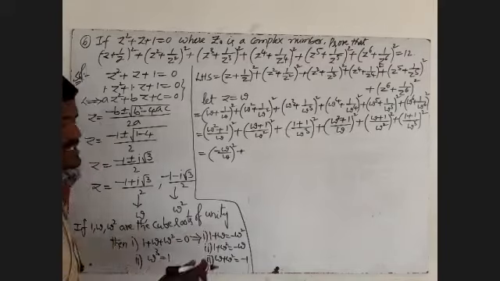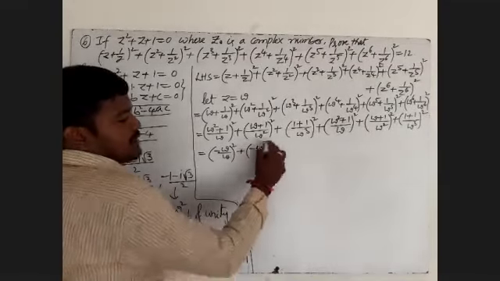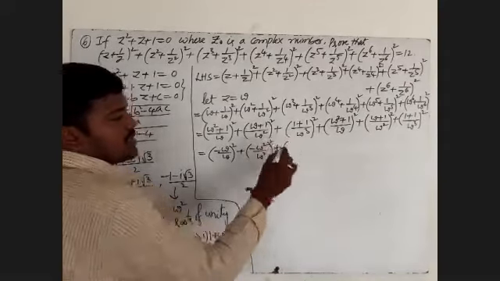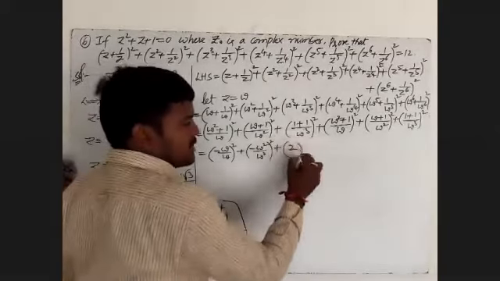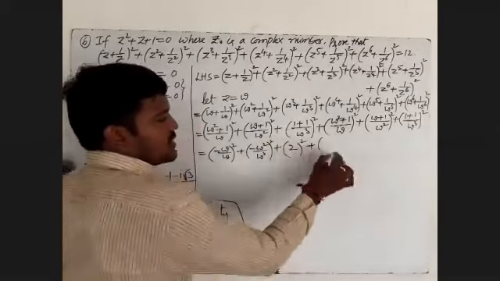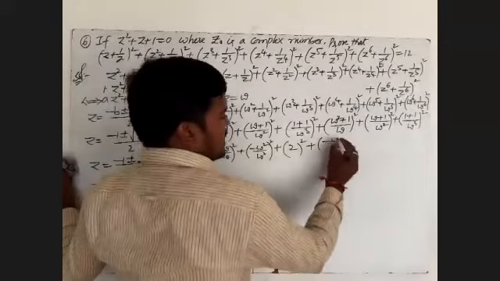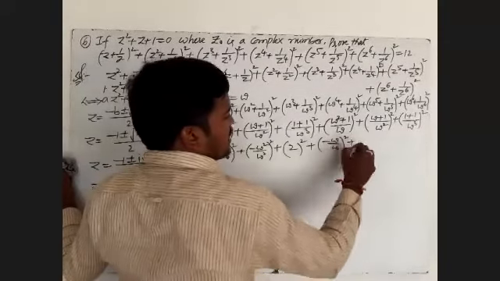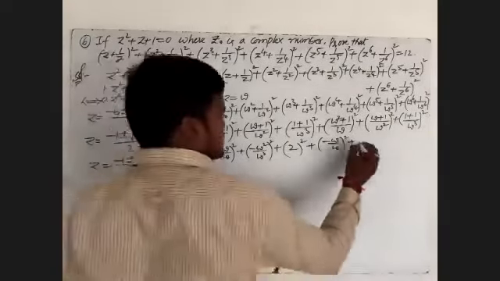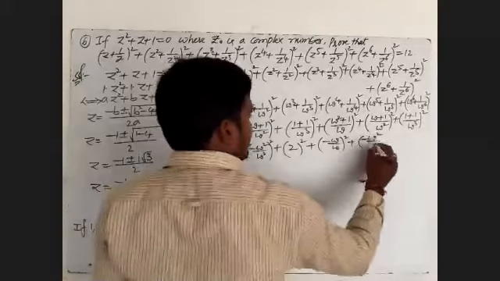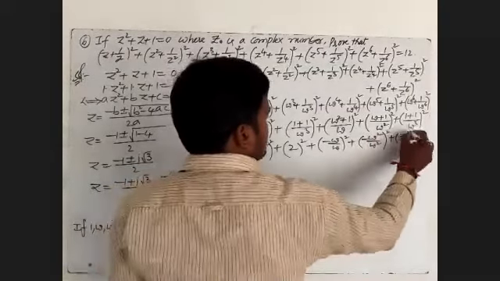1 plus omega is nothing but minus omega square. Minus omega square by omega square whole square plus 1 plus 1 means 2. Omega cube means 1, that I will write. 2 square I will write. After that, I will write omega square plus 1, minus omega by omega whole square, plus 1 plus omega is nothing but minus omega square by omega square whole square plus 2 whole square I will write.